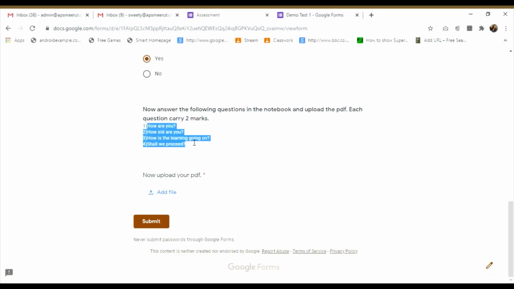One more thing I want to tell you, that do not submit before writing or attaching the particular things into your Google form. Once you submit, your form will be sent to the particular teacher, and one person has the privilege to attempt the quiz only once. So it is restricted to give only one response. So mind it, you will not click on submit until and unless you have written down or marked all the questions and also attached the file.